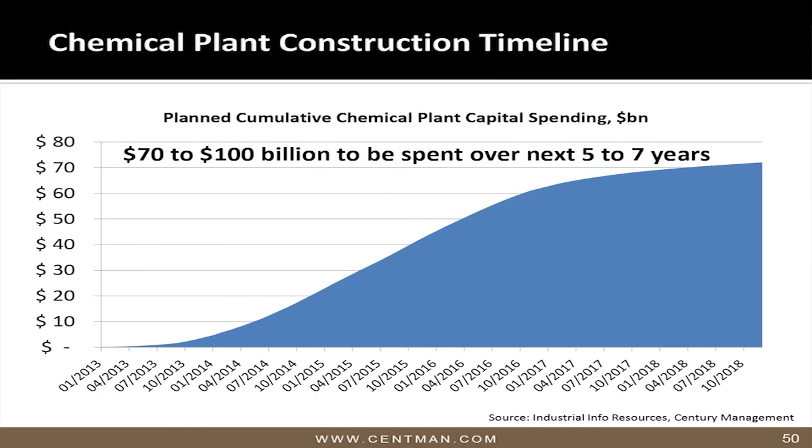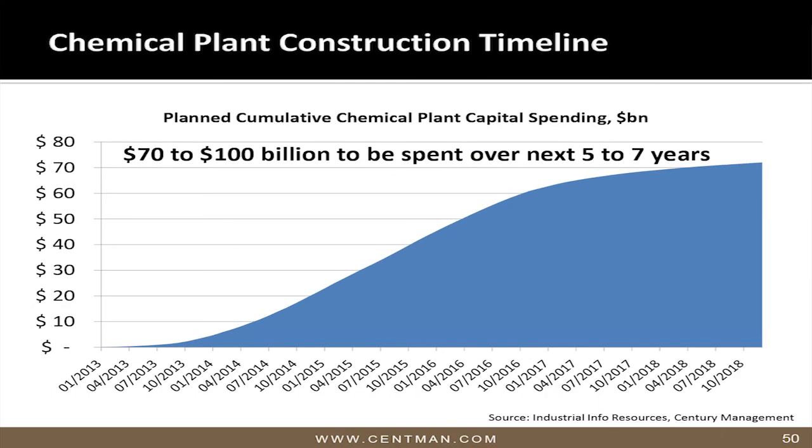So in order to meet all this future demand, the domestic chemical industry is now embarking on the largest spending period we've seen in the last 20 years. We've been tracking the pace of this chemical build-out ever since we identified this theme more than 2 years ago. And each year, the estimates for the chemical build-out have increased. Based on data from Industrial Info Resources, a third-party company that tracks this, there's currently $73 billion going to be spent over the next 5 years, and that number is going to approach $100 billion in the